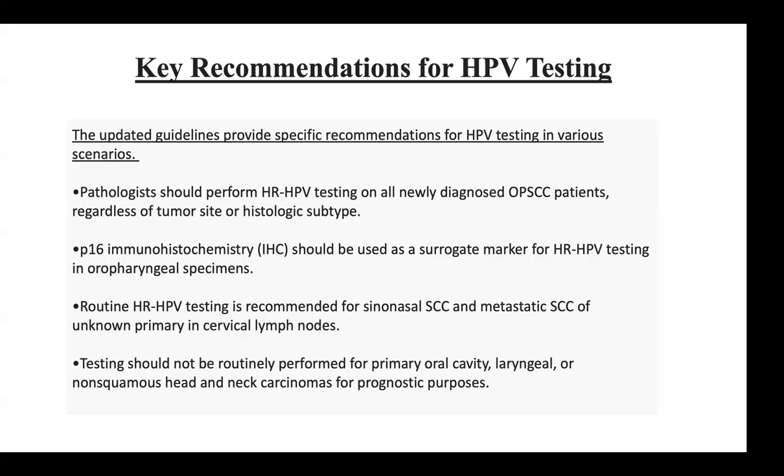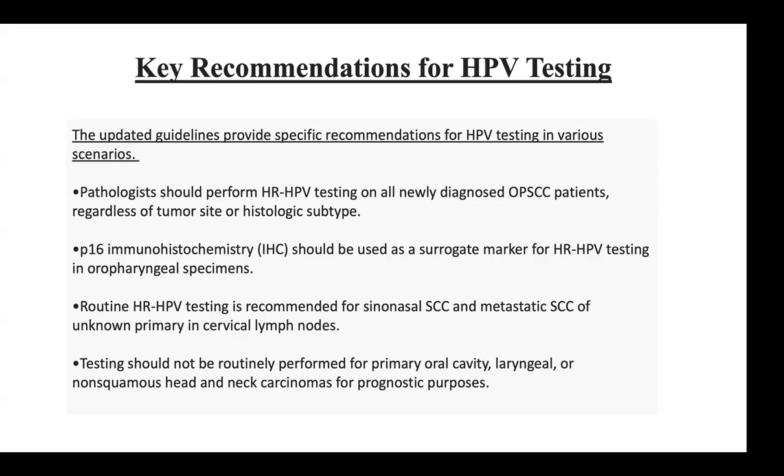Number two, P16 immunohistochemistry, that we are already using in a lot of gynec cancers. Now, as per the new recommendations, it should be used as a surrogate marker for high risk HPV testing in oropharyngeal specimens. Number three, routine high risk HPV testing is recommended for sinonasal SCCs and metastatic SCCs of unknown primary in cervical